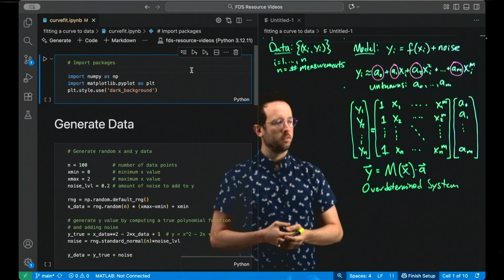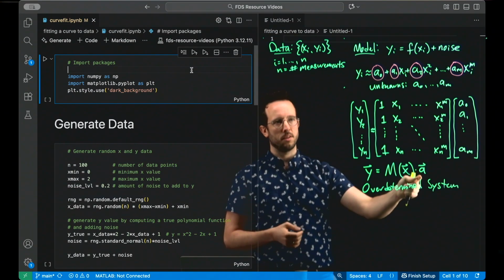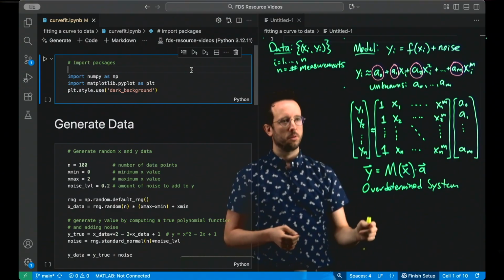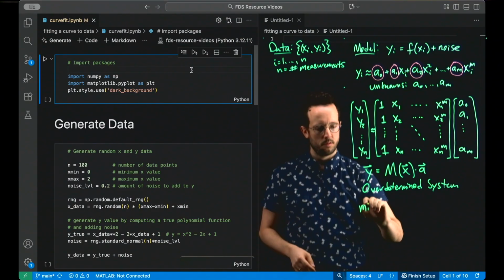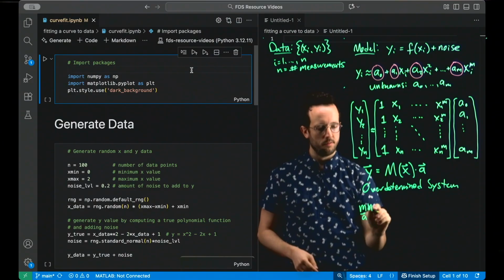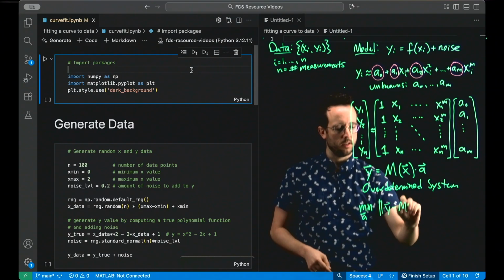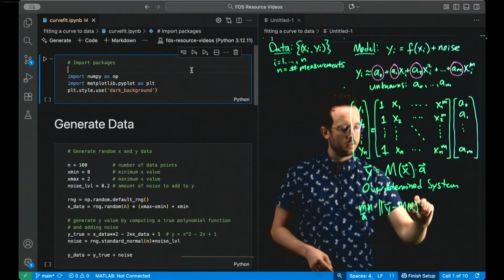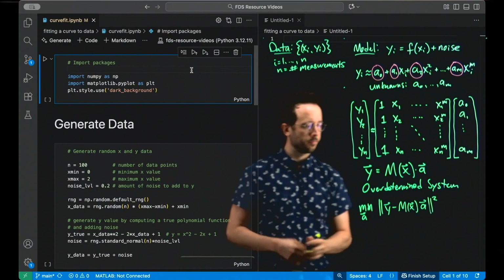So in this case, rather than solve for an A vector that satisfies this equation exactly, we'll find the A that minimizes the residual. So we will solve the following problem. We'll minimize over A vectors the quantity y minus m of x times A squared.